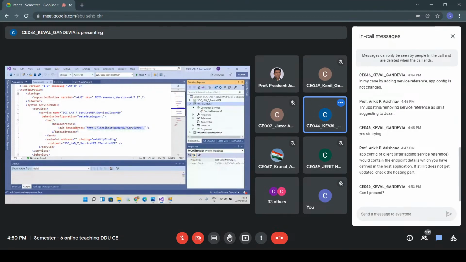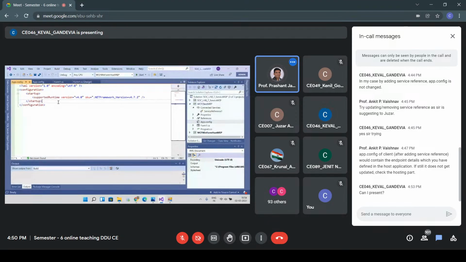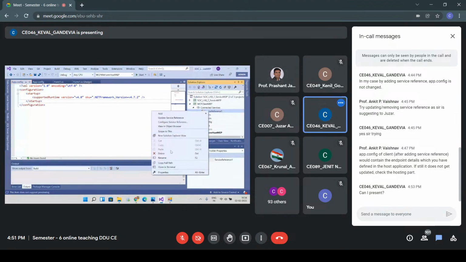Check the app.config file of the client, because there will be. Yeah. So this is the app.config file of the client. It is not updated after adding service reference. Yes, sir. This is my error. Actually, it should do. You can remove the service reference, delete it, and